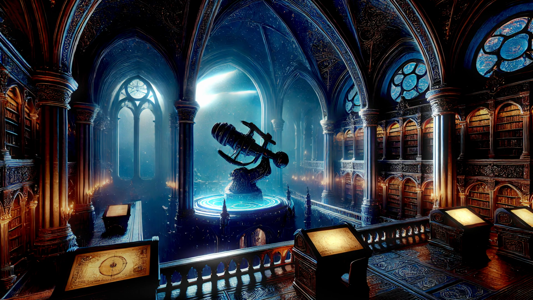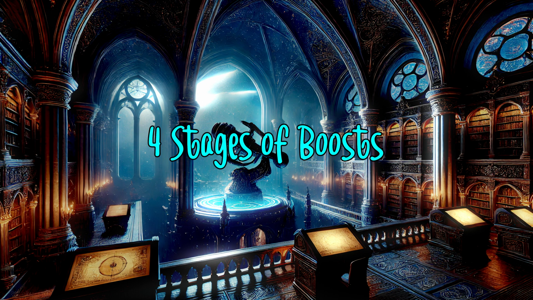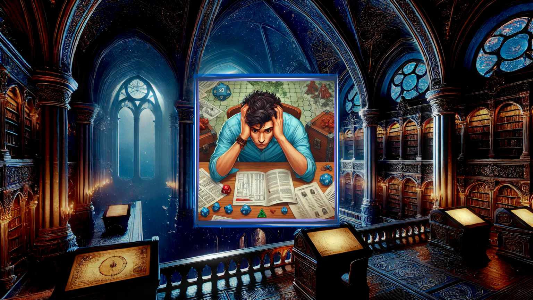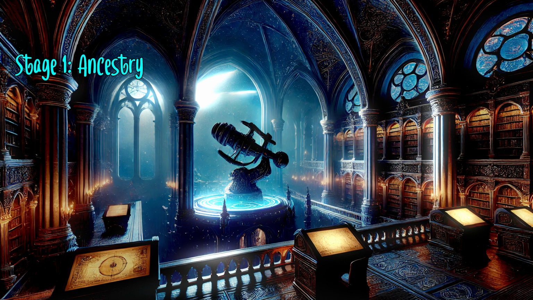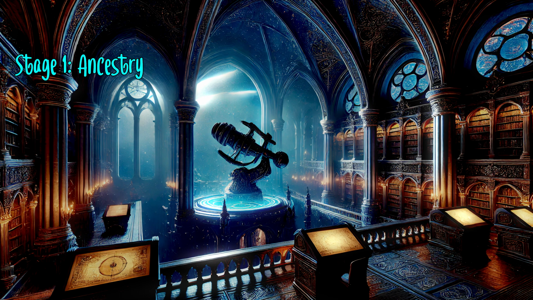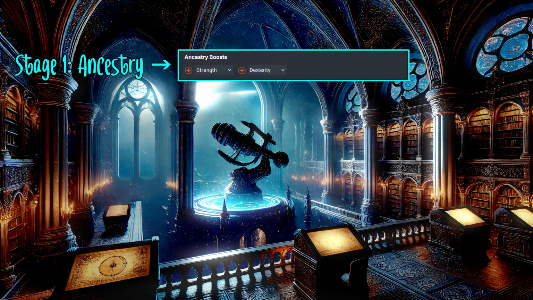I'm going to explain how this works by using 4 stages. This is because explaining how to assign boosts, specifically when you assign a boost to the same attribute multiple times, can sound rather confusing. It isn't in practice, however. So, starting with stage 1, ancestry, let's say you chose a dwarf. So you'll get 2 free boost choices, as you do with all the other ancestries. This means that you can put them in any attribute, but not the same 2, at least not in the